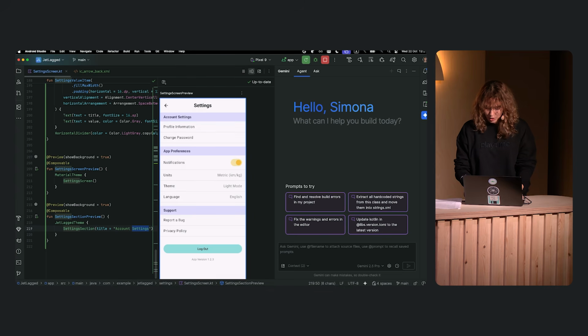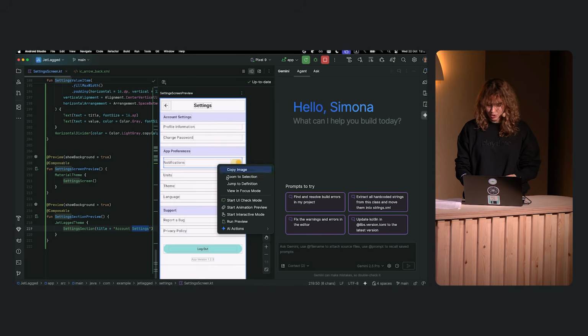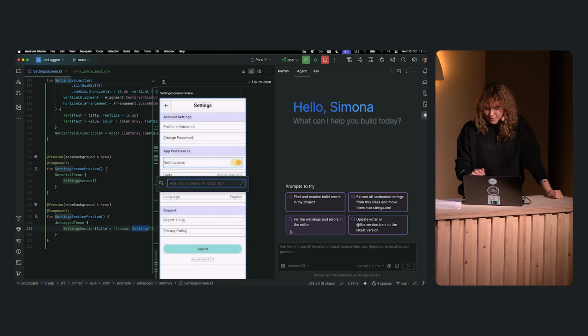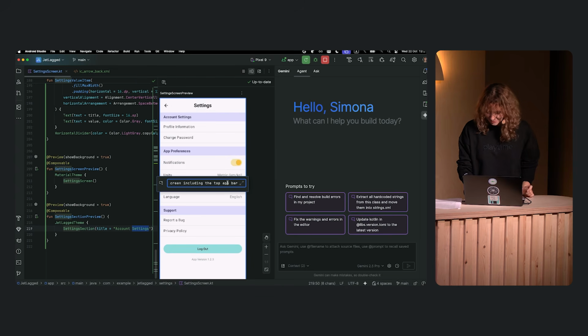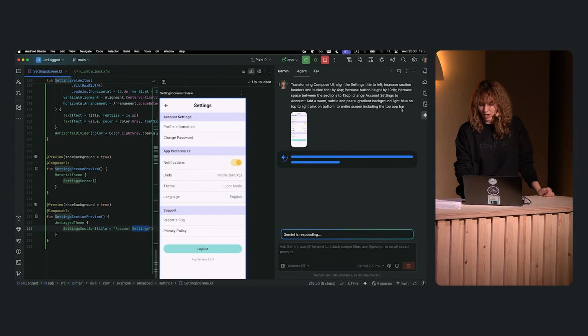So for this specific use case, we actually have a feature called Transform UI with Gemini. This feature lets you use everyday natural language text prompts to describe what problem you're trying to solve or what you want the agent to do for you. You just delegate it to the agent and it does this for you. So that I don't have to type all of this out, what I'm going to do is give all of these subtasks to the agent and see what it comes up with. So I want to align settings to left, increase the font sizes, change account settings string, and add a warm,